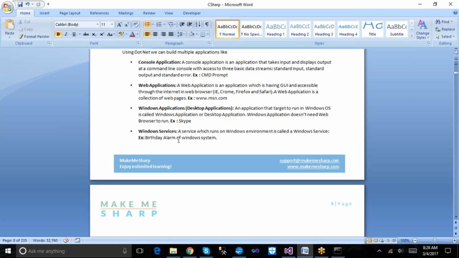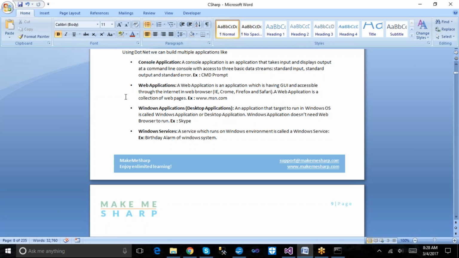I used another term related to the web application, which is the web browser. So what is the web browser here? Assume that I already built one web application or website and hosted it on the web server. In order to view that website or web application, we need a browser.